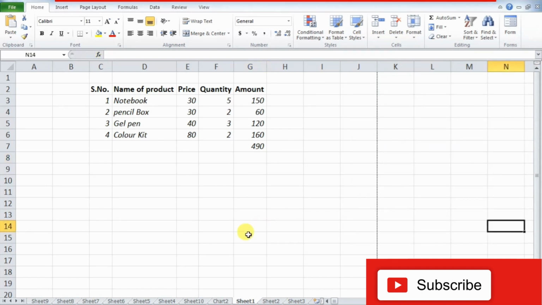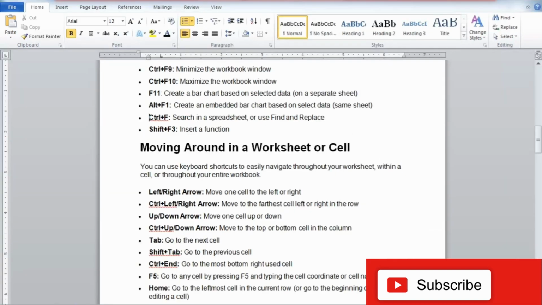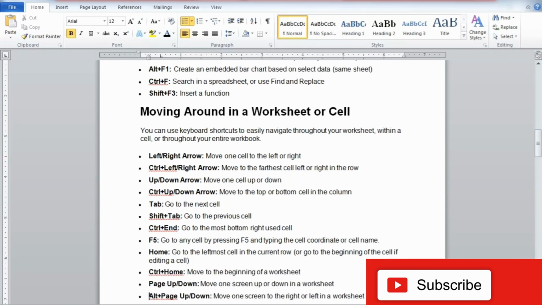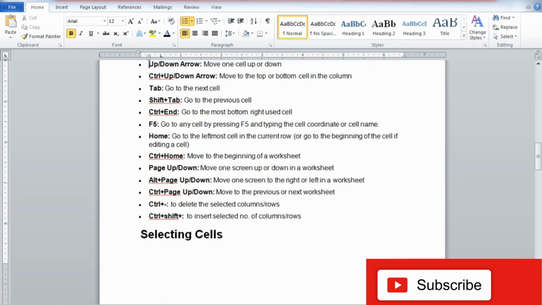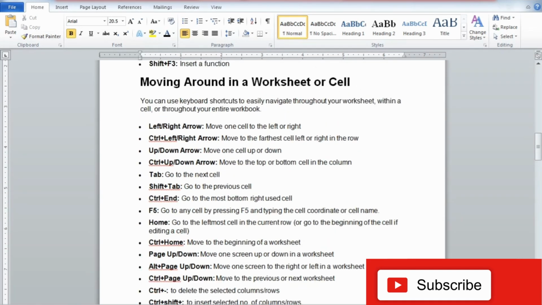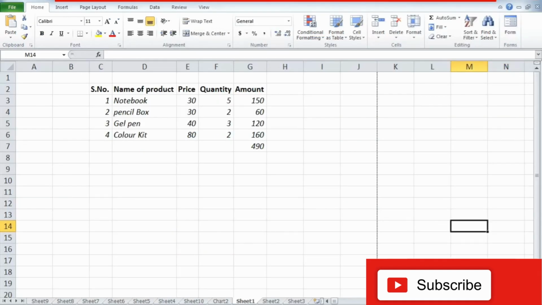Fine. Now the next one is about moving around in a cell. As you can see, I am moving up and down. The same thing is there in Excel as well. On the Excel sheet, you can see the cursor moving up and down, using the up, down, left and right keys.